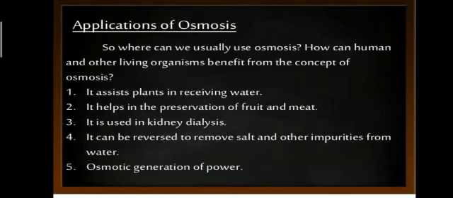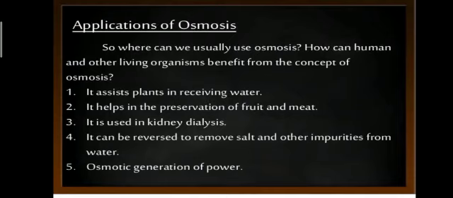What are the applications of osmosis? The osmosis process is used in many industries. Ascent of sap in plants from roots to upper parts takes place by osmosis and osmotic pressure. Isotonic means same osmotic pressure of both the substances. Solutions have been prepared to prevent plasmolysis, that is shrinkage of cytoplasm, and hemolysis, that is deficiency of red blood